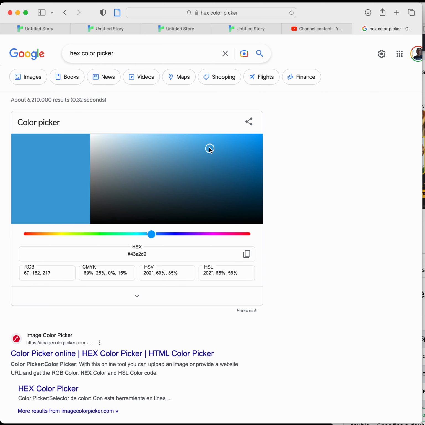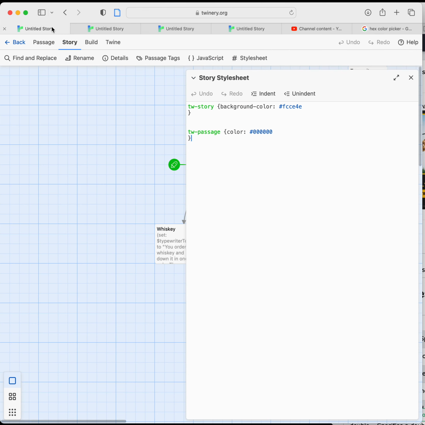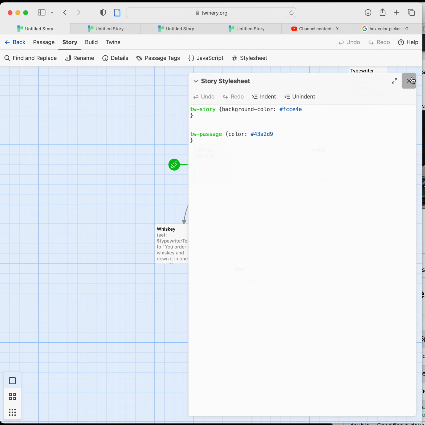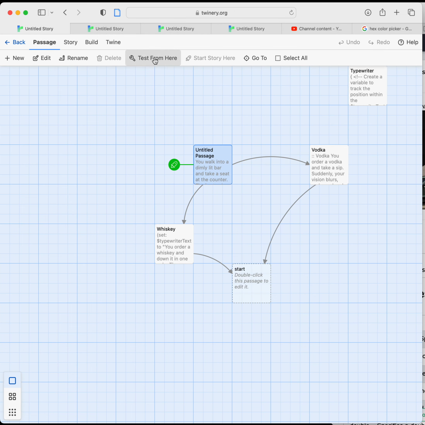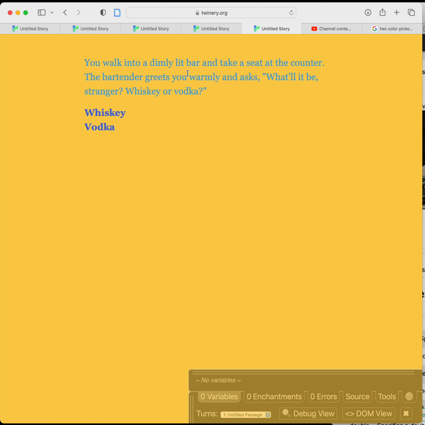So you're clicking around in your hex editor, and if we land on, let's say that this is the text color that we like, we're going to copy that, and then we're going to come back into our story, and instead of having all zeros for black, what we're going to have is that 43A2D9, which should be the blue color that we just selected. So we'll close the editor, go back out to our passage, we'll test,